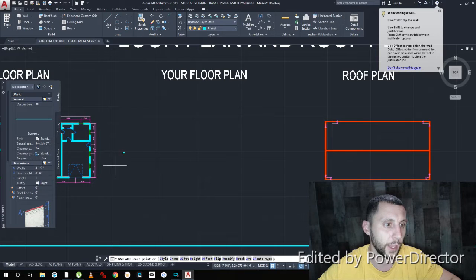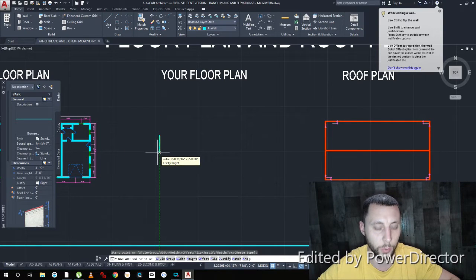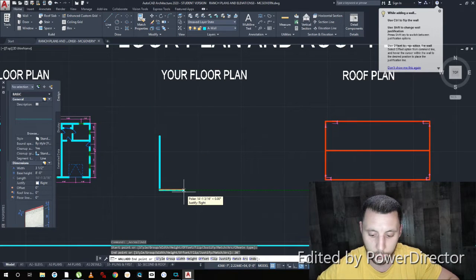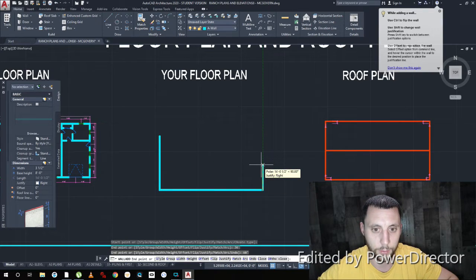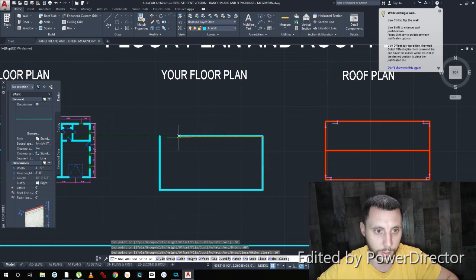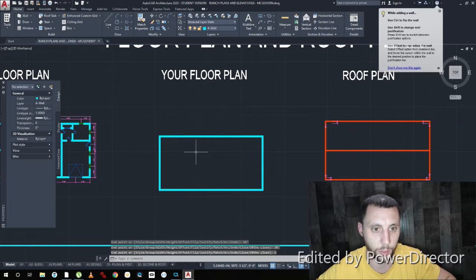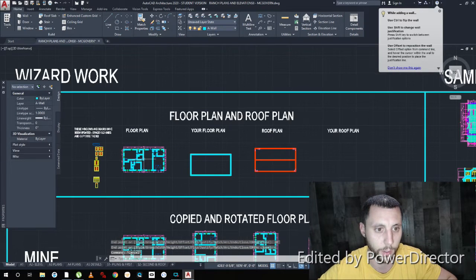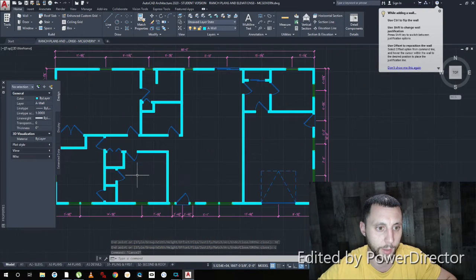Wall, 3.5, 8. Right justification. Going down, my cursor's in the down direction, 30 feet. Going to the right, 60 feet. Going up, 30 feet. And then I just do C, enter for close. Okay, so we've got our 60 by 30 ranch floor plan, and then we're going to start working on the